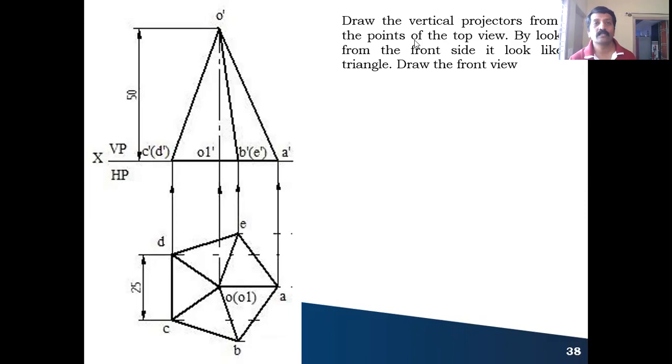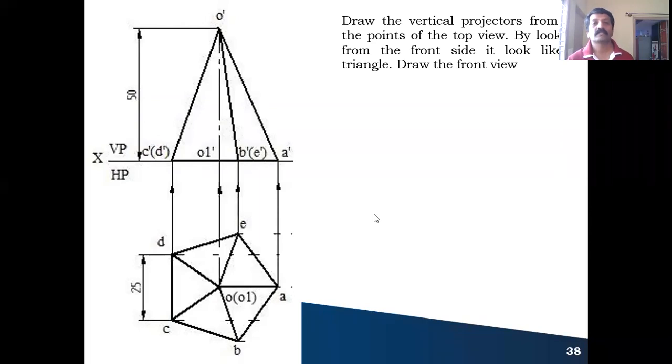Now you join this vertex or apex with respect to all the points, like this. So it looks like a triangle in the front view. Now you are looking from here for the front view. A, B, C you can see, you cannot see D and E, which are behind you. So that's why D and E you should write within brackets, that you cannot see. The rest of the points you can write. So this completes your front view.